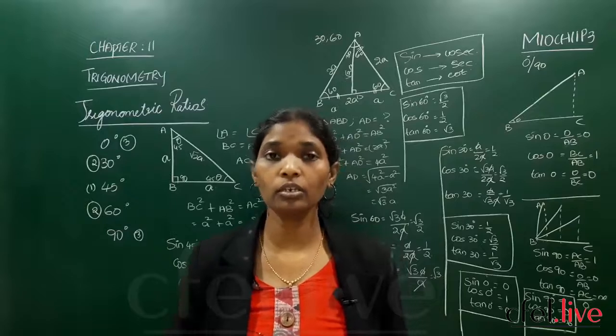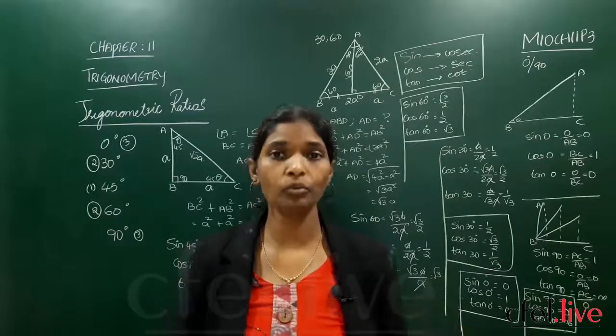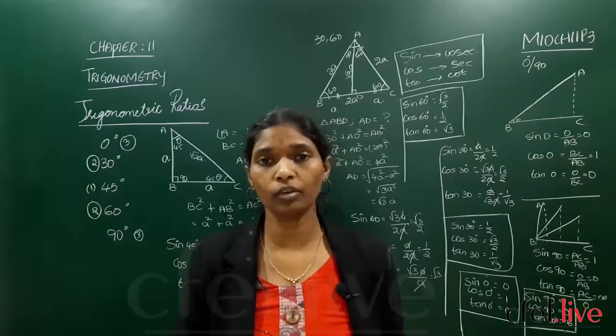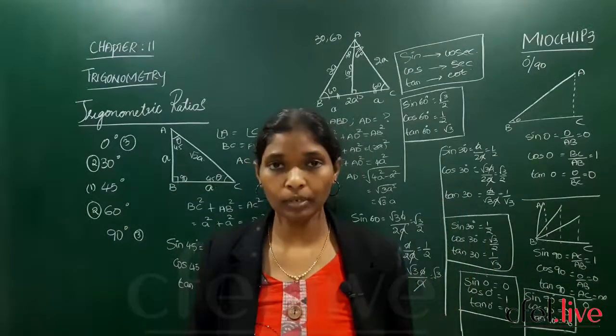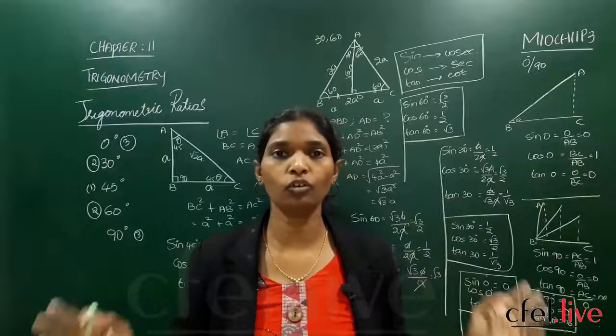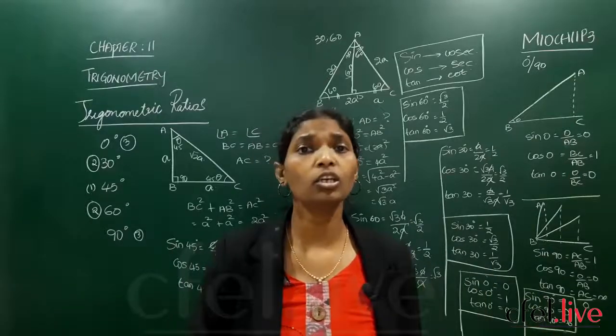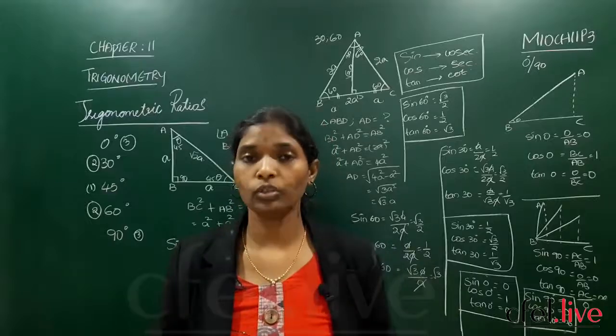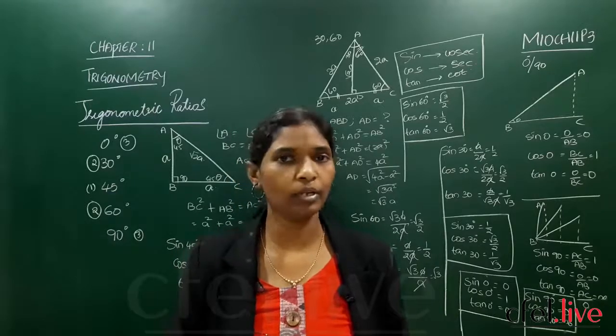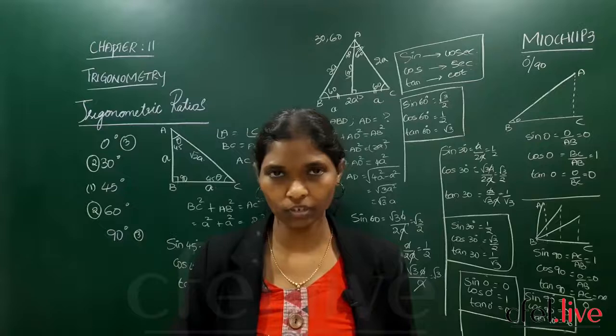Whenever you see the next class, by that time you have to get the knowledge of how the values came out. At the same time, remember all the values of 30, 60, 90, 45 and 0 for sine, cos, tan, so that the 11.2 exercise will become easy for us for the calculation part.